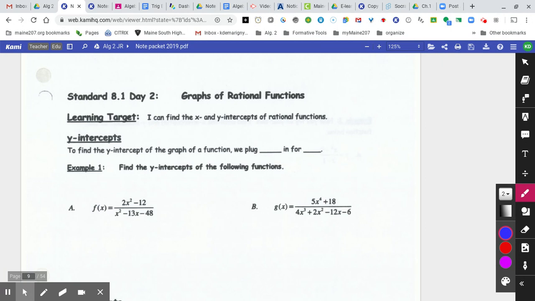Hopefully you are doing well with learning how to graph rational functions. We have talked about horizontal asymptotes and vertical asymptotes, and today we want to talk about x and y intercepts. We have done both of these before on several other graphs, so hopefully this won't be anything too unusual